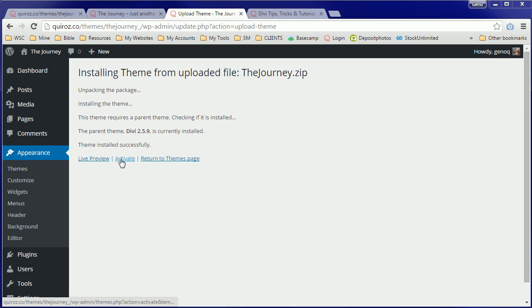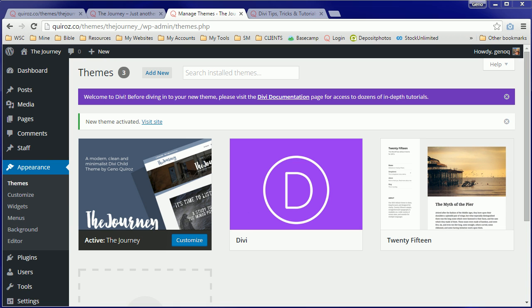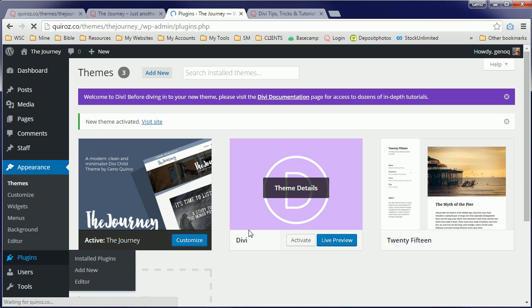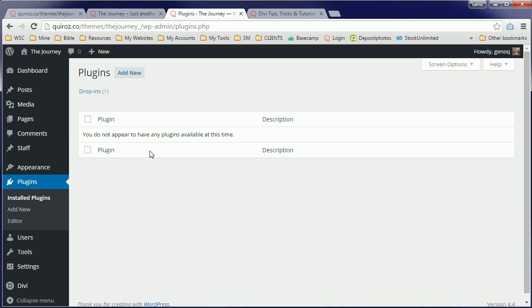Once this is installed, we will go ahead and activate it. This will be our active child theme. Great, there it is. You can see it's been installed and loaded. Next, we're going to install the plugins. So we're going to go here to Plugins. And as you can see, we have no plugins yet. We're going to go ahead and add new,